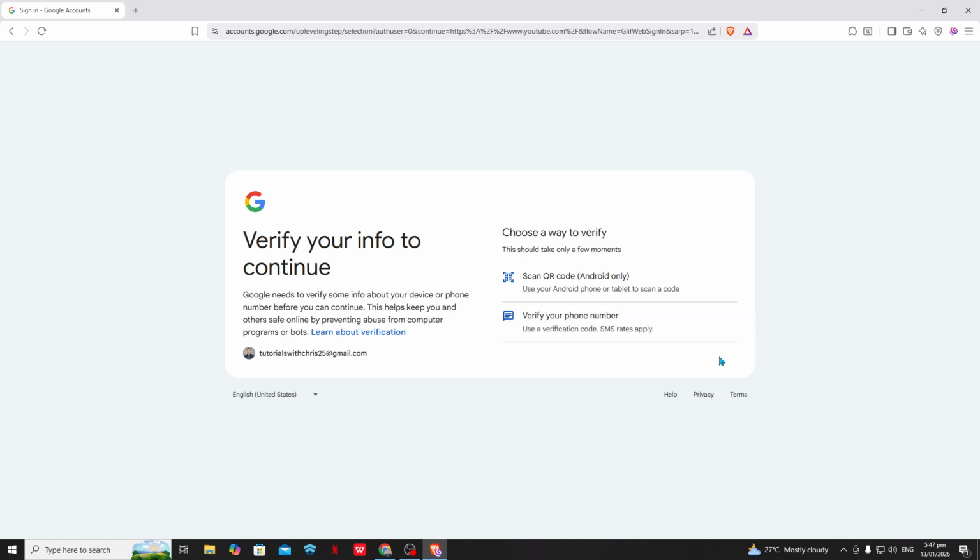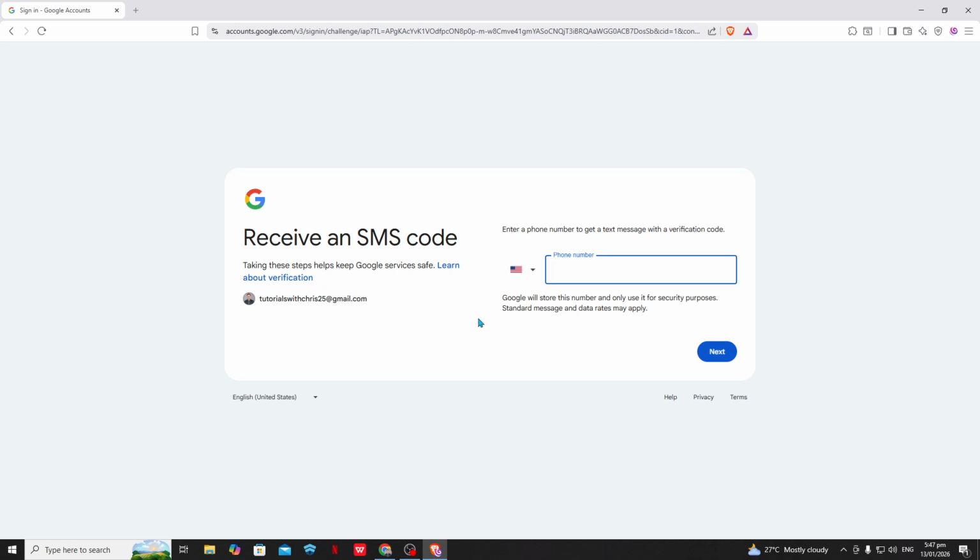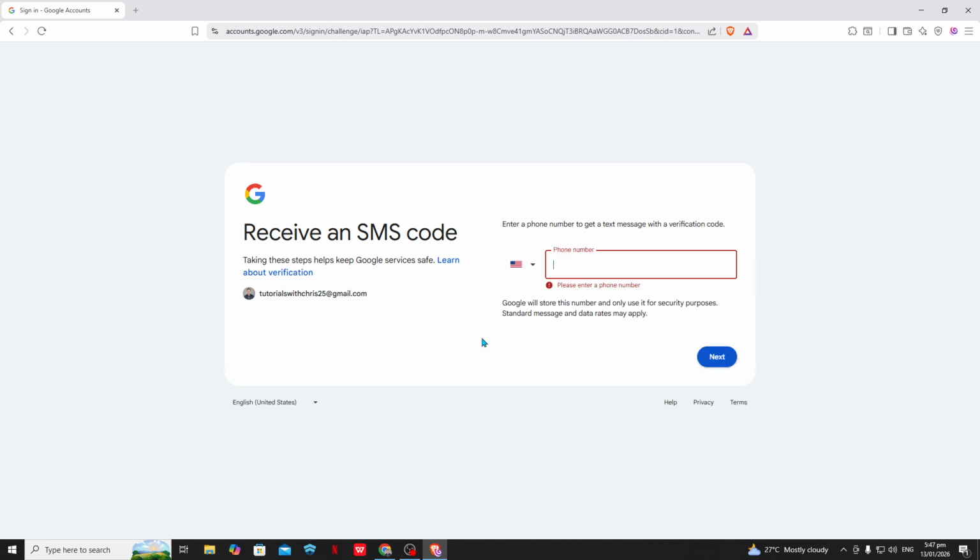From now on, whenever you open YouTube using this new shortcut, it will open in its own clean window, keeping it separate from your other browsing. This can help reduce clutter and make multitasking a lot easier. That's all you need to do to install the YouTube app on your Windows PC using the Brave browser.